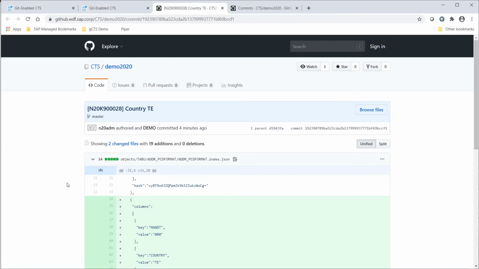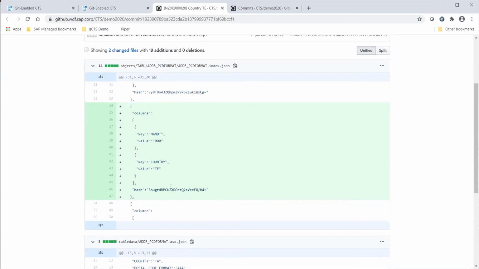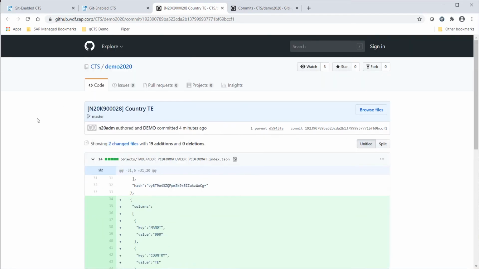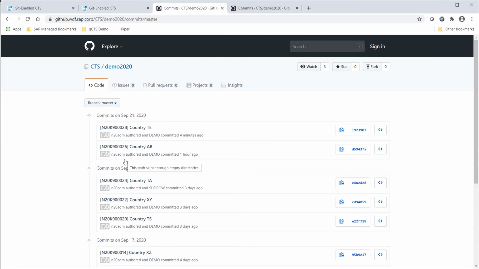This will bring up your GitHub, and there you can see what is inside the respective commit that you just clicked on. And in our case, you can see it's the country TE. So in here, you also have the options to check all the things that are on your repository. You can also see the branches. You can see all the commits in here. So this is all the same.